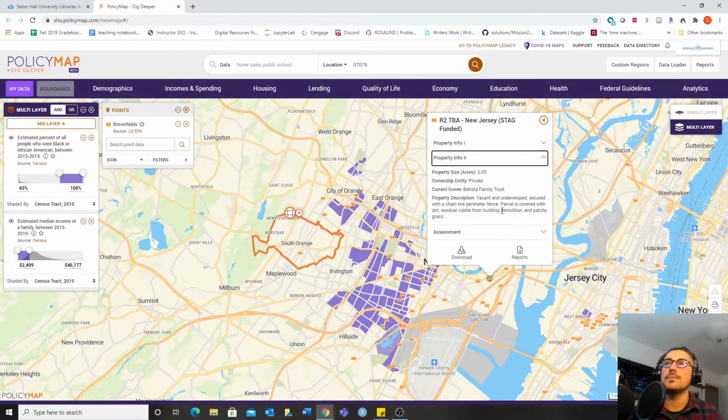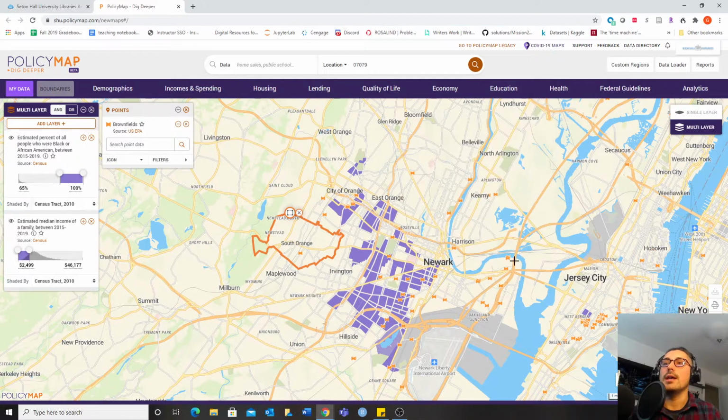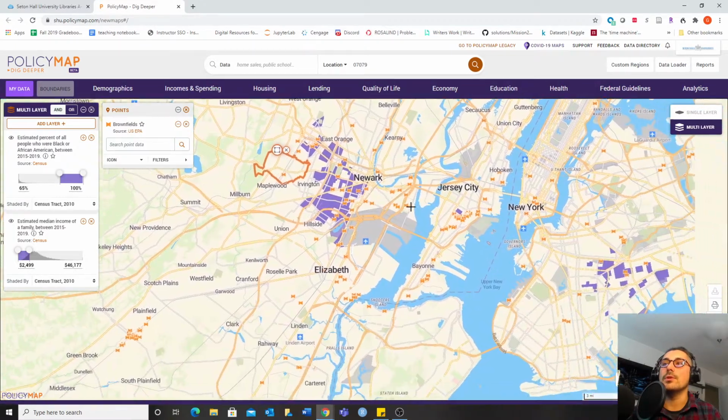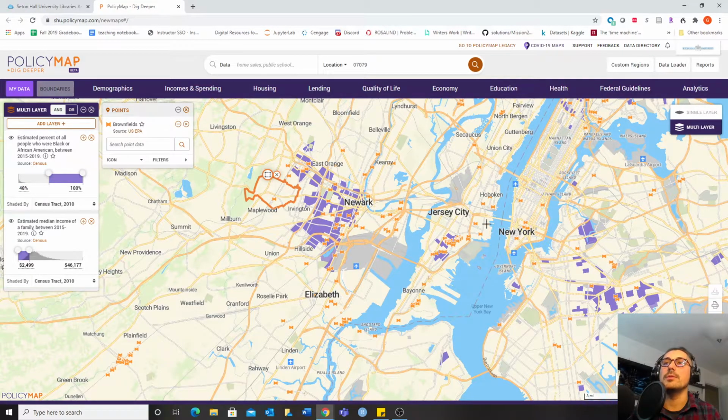Vacant and undeveloped, secured with chain link perimeter fence, parcel is covered with dirt, residual rubble from building demolition. So there's the building demolition aspect of it. It hasn't been properly cleaned up. And what I want you to note here, as we begin to play with this graph, is that the brownfields are very much in places where we're seeing purple pop up. And the places where there's absolutely no purple, we don't see a whole lot of brownfields,